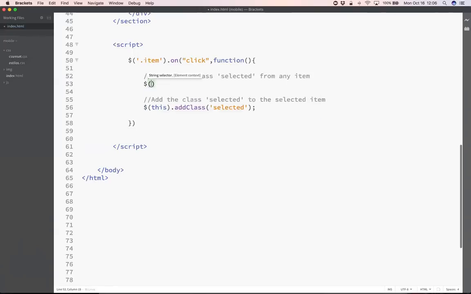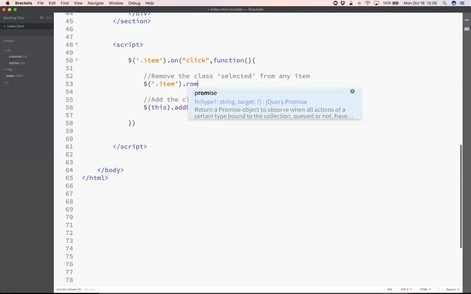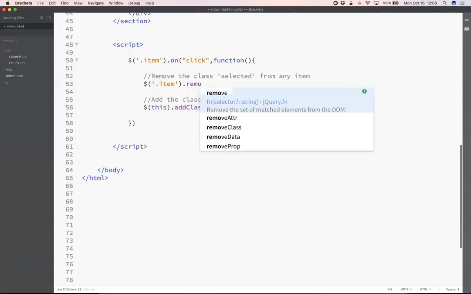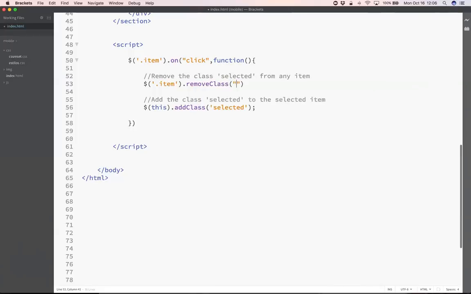Well, look for anything with the class name item, and then if we have an addClass, then of course we do have a removeClass. So you can put removeClass, and the class we want to remove is selected. Okay? So what this is doing is, first of all, when you click on any item, it will